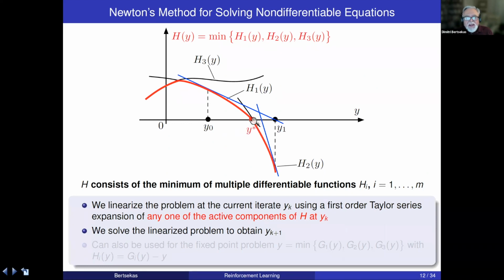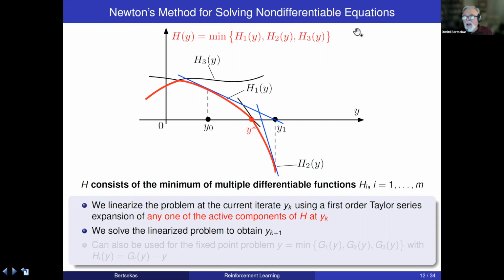Newton's method works for this function here, works for this function here alone, and so y1 is going to be closer to y star than y0, assuming, of course, that Newton's method works for this function. The important thing is that near the solution, we apply Newton's method for the active components at the solution, and all of these Newton iterations bring you closer to y star. So that takes a little bit of getting used to,